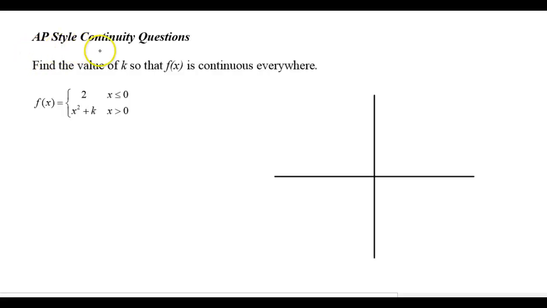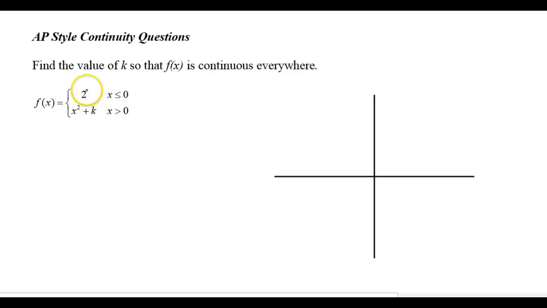Now let's look at some AP style continuity questions. We want to find the value of k so that f of x is continuous everywhere. So f of x is this piecewise function, which we know we can run into some continuity issues with piecewise